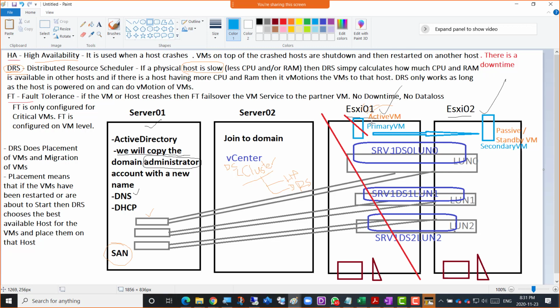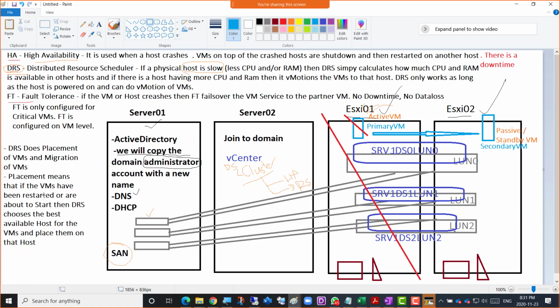So now it's about to restart, or this machine is about to start from shutdown, suppose. In any case, DRS will place that virtual machine on the best possible or faster possible hypervisor. So placement just means that if the machine is about to restart or is about to start,